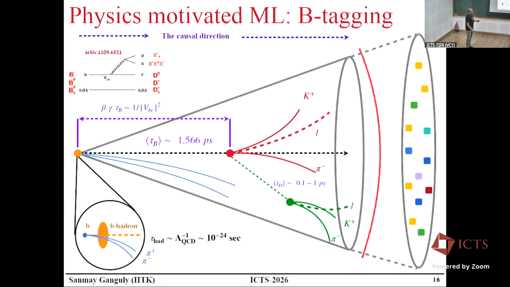Okay, so now comes my favorite topic, which you also mentioned, which is heavy flavor tagging. What is so unique about heavy flavor tagging? Heavy flavors have secondary vertices inside a jet. This is a cartoon I have made to demonstrate that, let's say there is a B hadron, which came out of the hadronization of a B quark. Then, on average, you remember that the B hadron is not a unique particle. It's a family of particles. On average, it has a lifetime in its rest frame of the order of 1.5, 1.6 picoseconds.